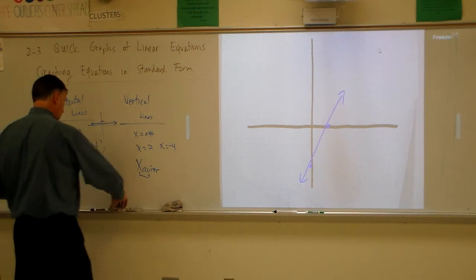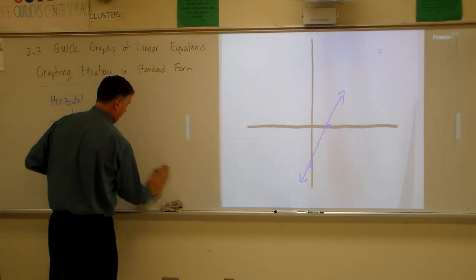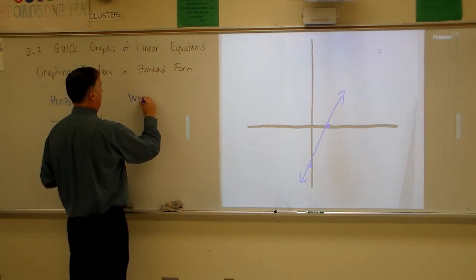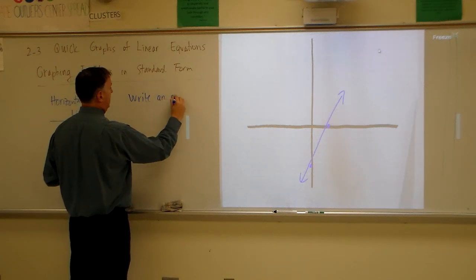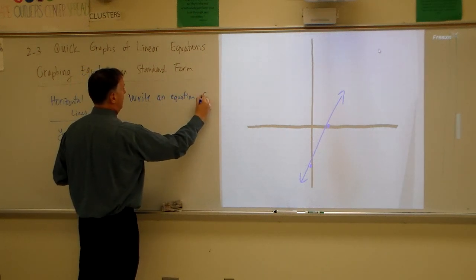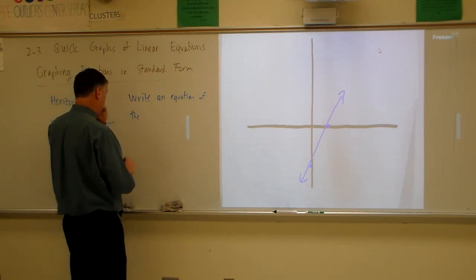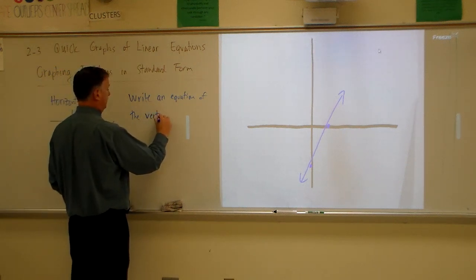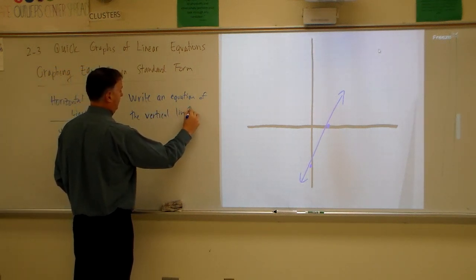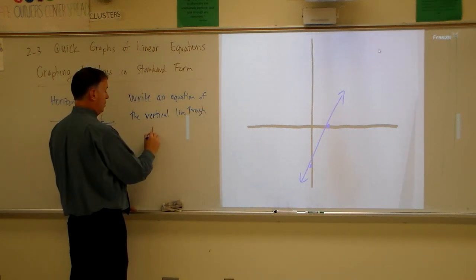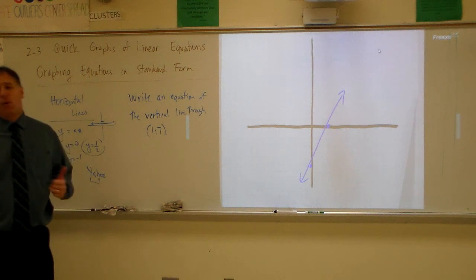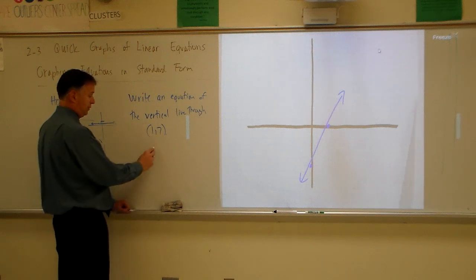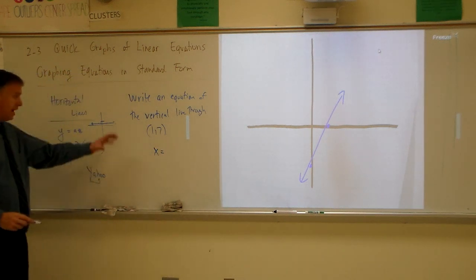Okay? So, this could be a possible quiz question. Write an equation of the vertical line that passes through 1, 7. Okay? They want me to write an equation of a vertical line. Well, if it's an equation of a vertical line, it's got to be x equals, because that's what it said over here. I just erased it, but it said